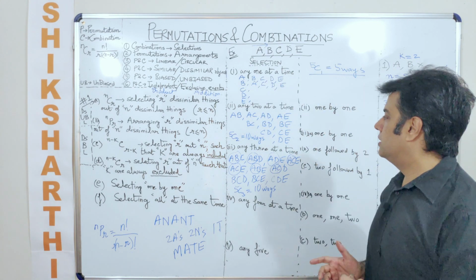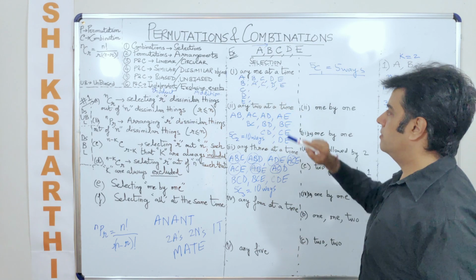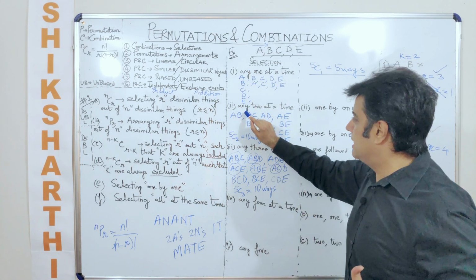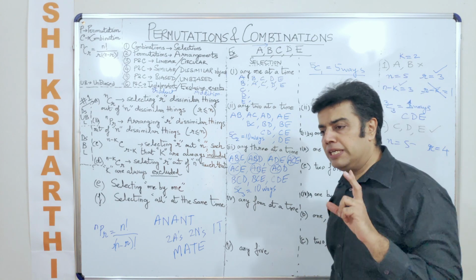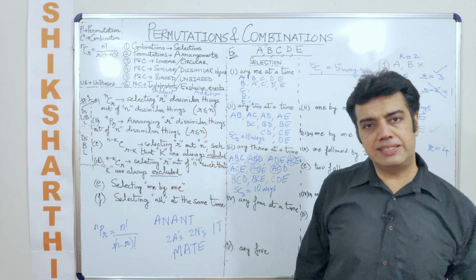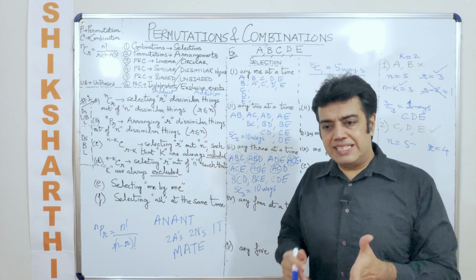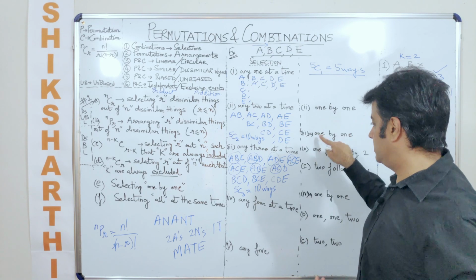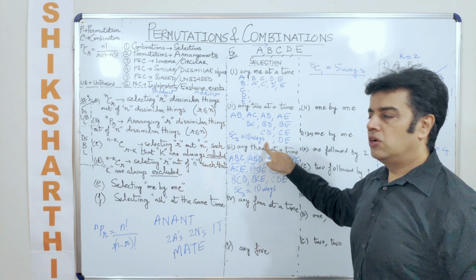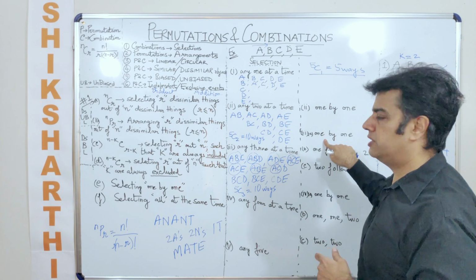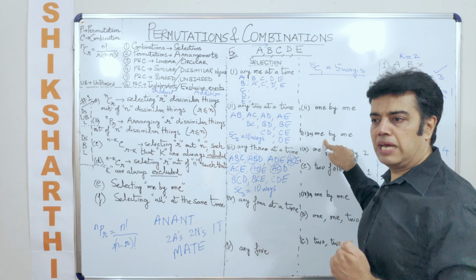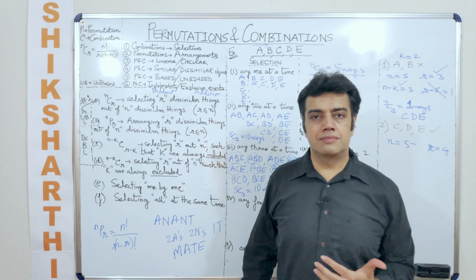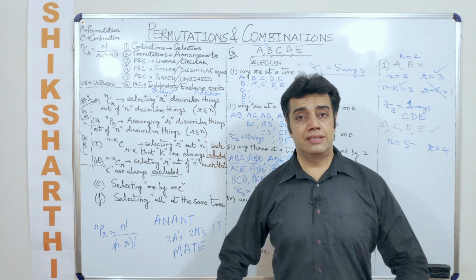One more assignment here is, this selection that I am doing here, one at a time, I can select one at a time. But if I am selecting 2 of them, now any 2 can be selected in 2 different ways. One is I select both at the same time, or I select them one by one. So you need to understand, is this going to make any difference to the answer? Or is this just like saying that this is not selection at all, because we are deciding the order now? And deciding the order means what? You are basically talking about arrangements. So please revise this if you want to understand this holistically.